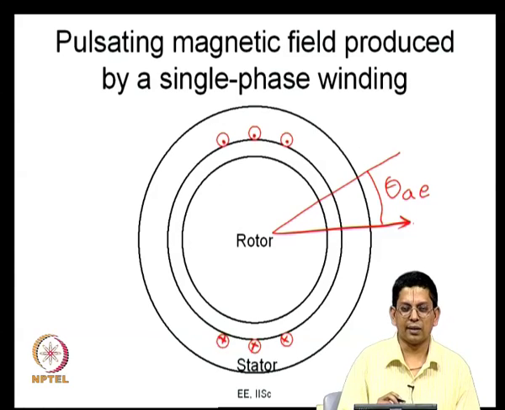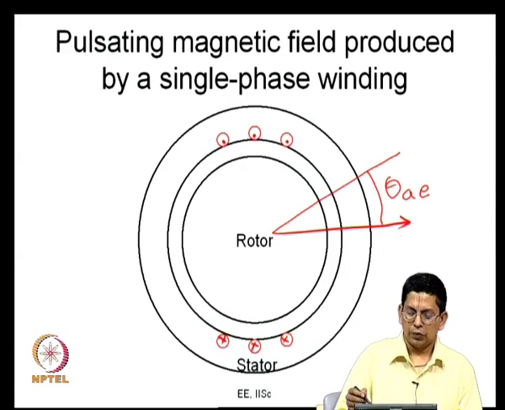I am talking of the electrical angle here. I am just considering it as a 2-pole machine for simplicity. So, you just take it as theta AE. This is what you have now. So, if the magnetic field is highest here, as you go around that,